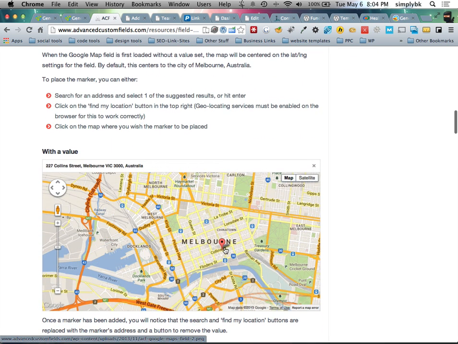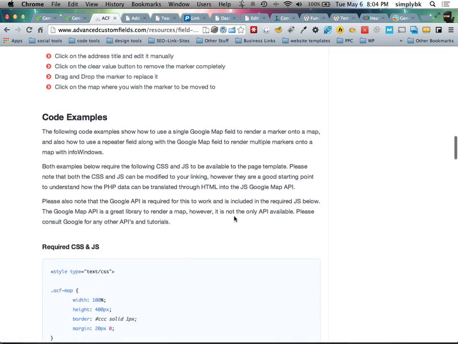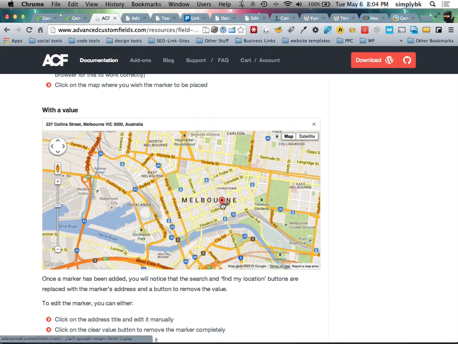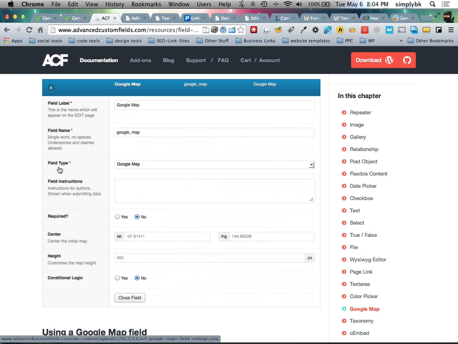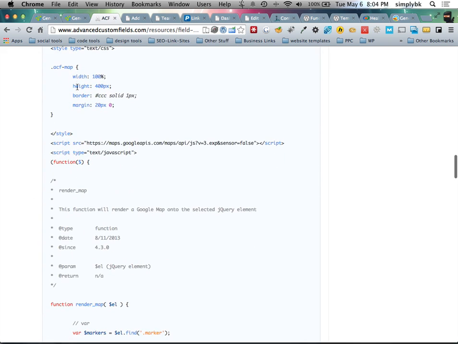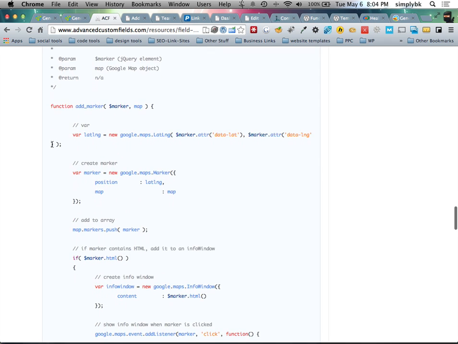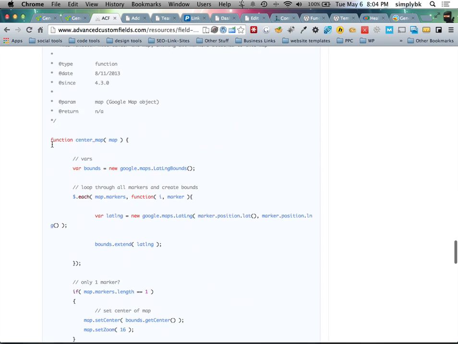These are obviously screenshots, but that way you could create a Google Map and have it sitting exactly where you want based upon the custom data fields that you put in on that page. So there's a whole bunch of fun stuff that you can do with this. Let's see if they have what you have to include to use the Google Maps, and I'm looking for